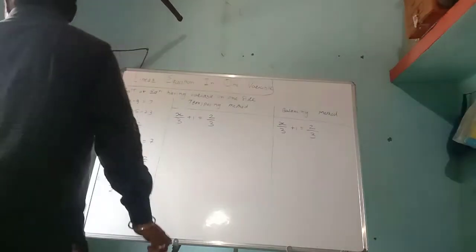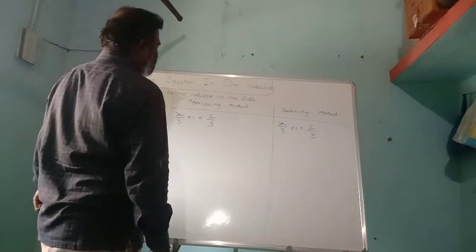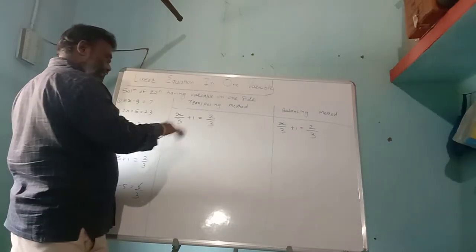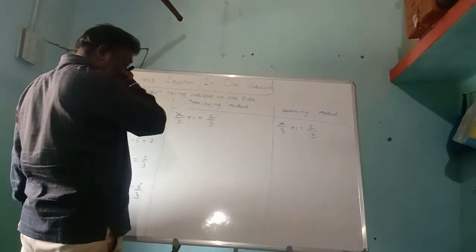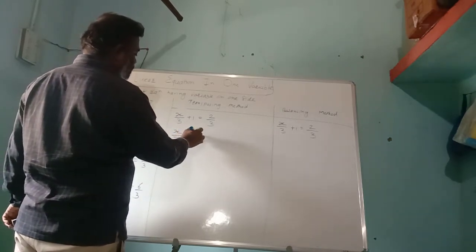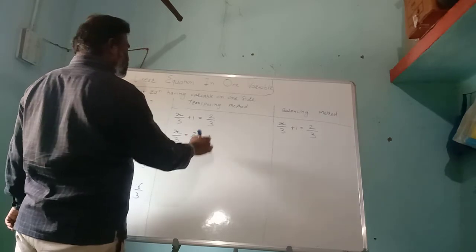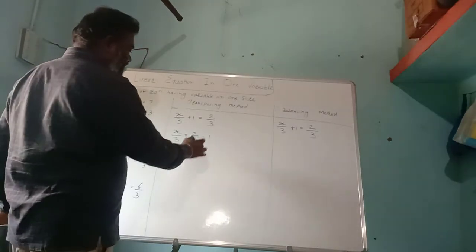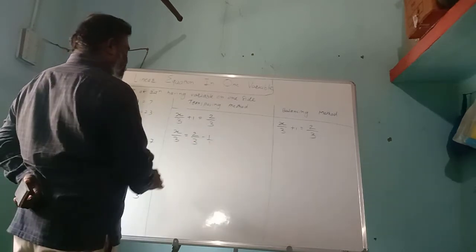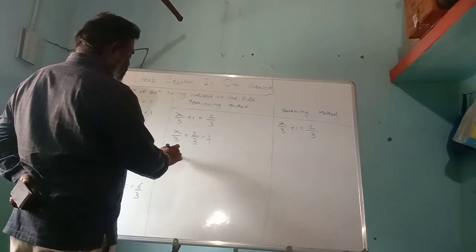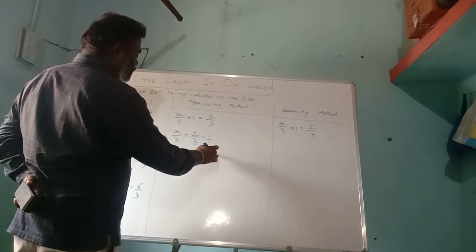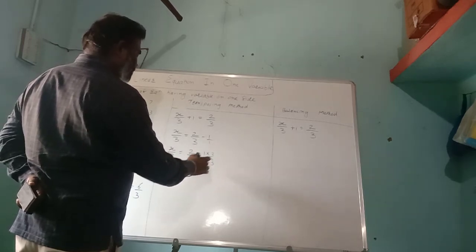Next problem, x by 3 plus 1 equal to 2 by 3. In transposing, plus 1 is a constant, and while transposing it to the right hand side it becomes minus 1. Hence the first step is x by 3 equal to 2 by 3 minus 1. While doing the calculations, nothing is in the denominator, which means assume it as 1. Hence x by 3 equals 2 by 3 minus 1 into 3 divided by 1 into 3.